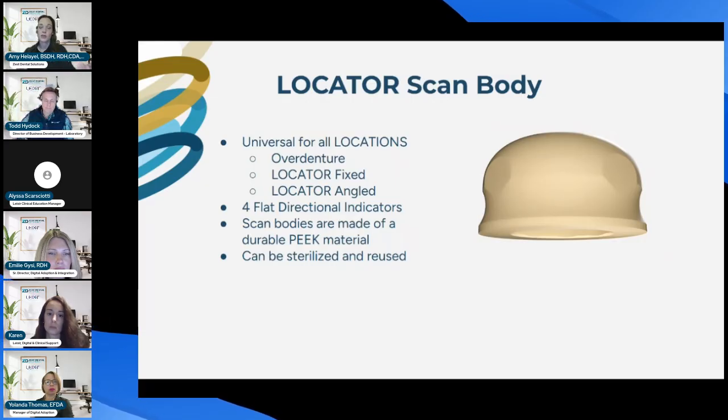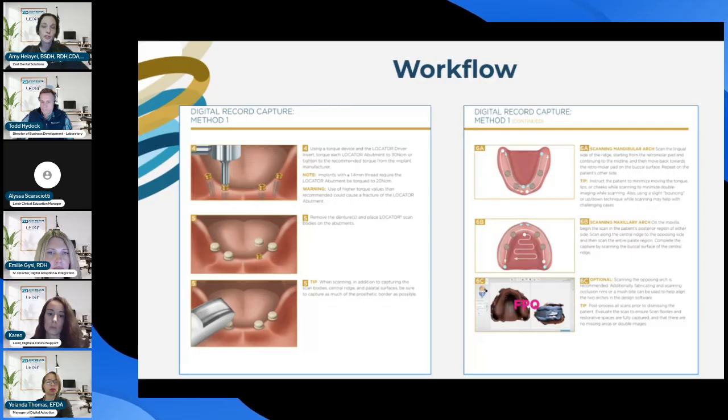And again, it does have those four flat directional indicators just to help your scanner pick up the scan body and align the position of your locator abutment. The scan bodies are made from a durable PEEK material and they can be reused. So very similar to the workflow of our analog, you're placing your locator abutments, you're going to place your scan bodies on top of the locator abutments, and then move forward with scanning with your IOS,